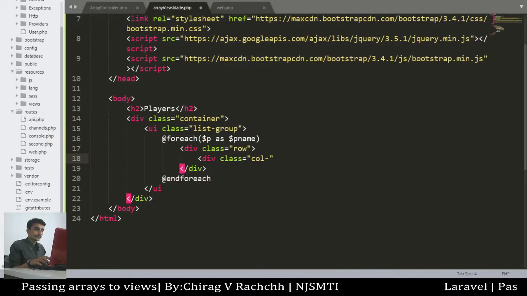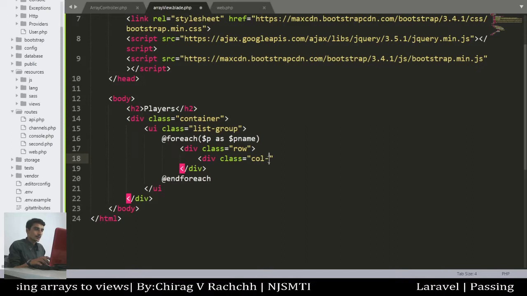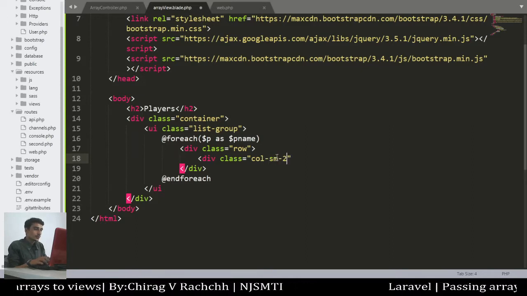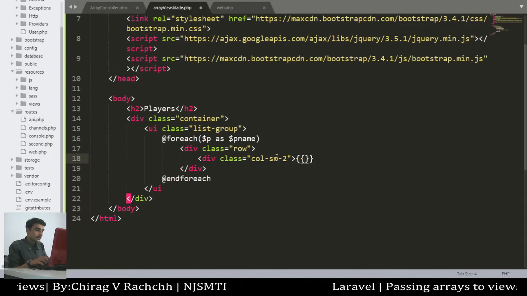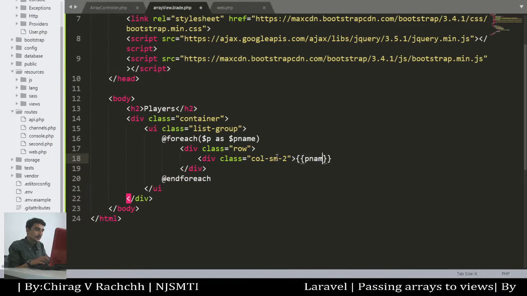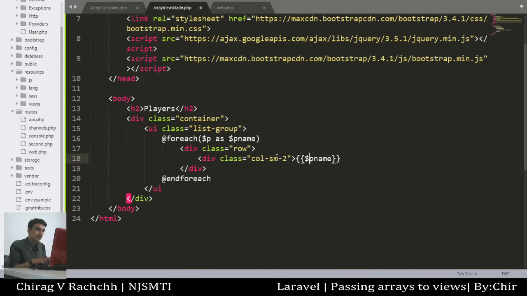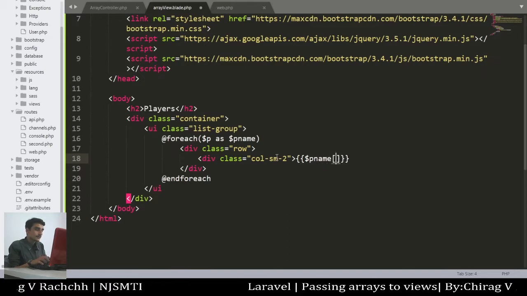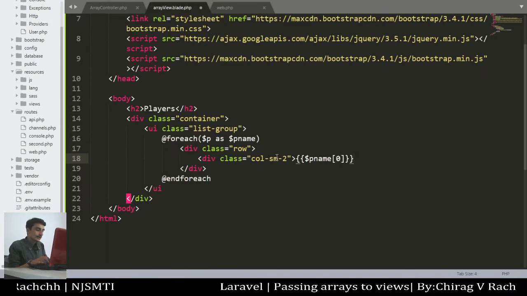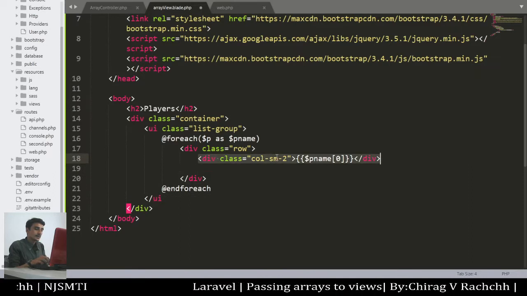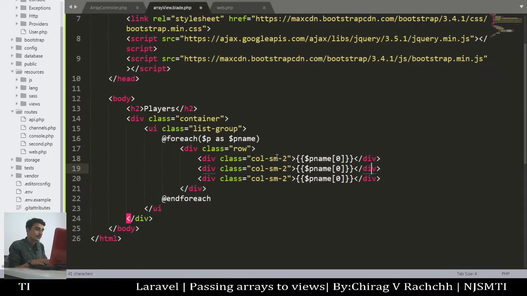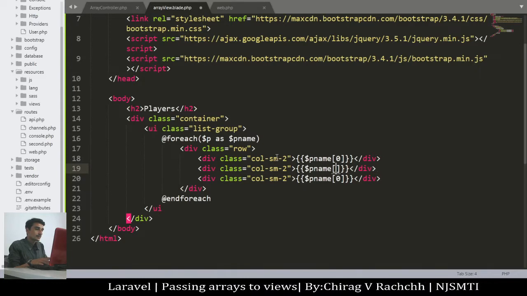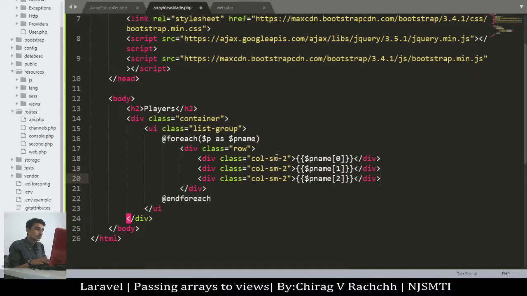So here col-sm-2, and then we would write the element $p_name, that is the variable of 0, and then close this tag. Similarly, we would write it for the remaining 2 also, p1 and p2.